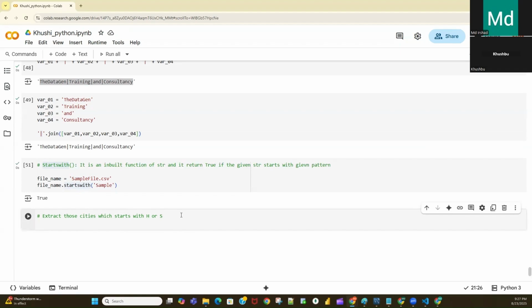So let's say I have a variable called city's name, and in this list I have, let's say, Haryana. Then we have Gurgaon, then Mumbai, then Pune, then Lucknow, Patna, then Bangalore.